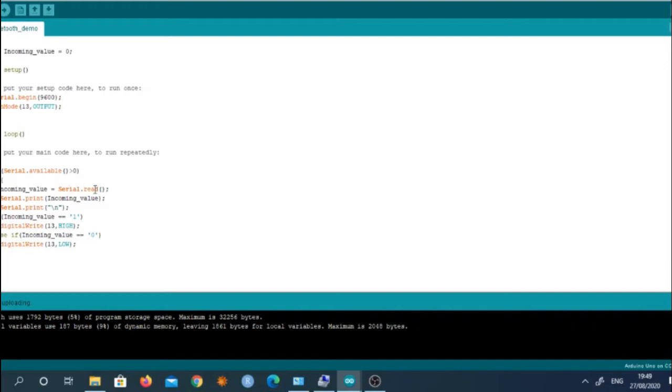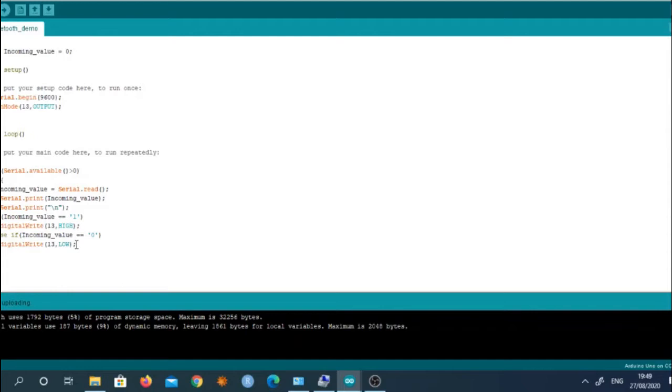That value is read by our Bluetooth module and is sent to this variable called incoming value. This value is printed at the serial port, which we can display on our computer, and if this value is 1, then the LED will turn on, and if this value is 0, then the LED will turn off. So this is my program.